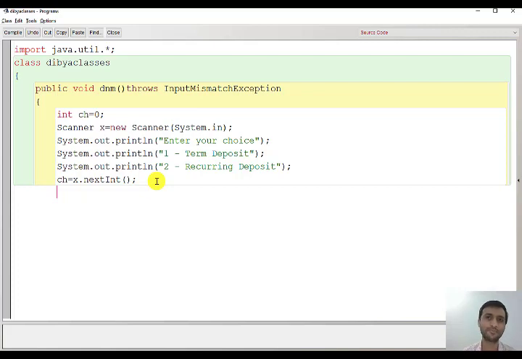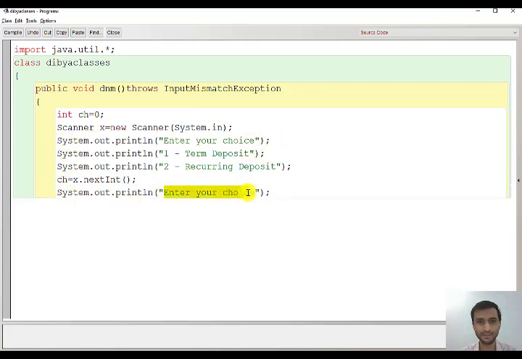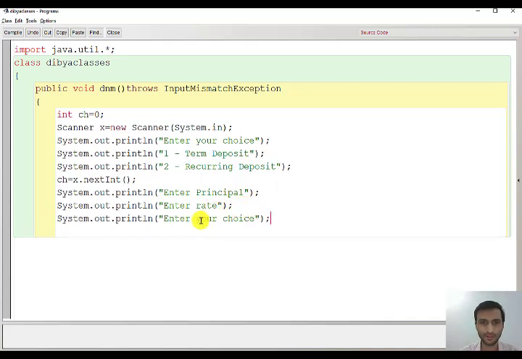So here we will be taking input only here. We will write a print statement: enter principal. Next we'll take input for rate, and next for the time or the period. So P for principal. It has been told to take capital P to take the input of principal.